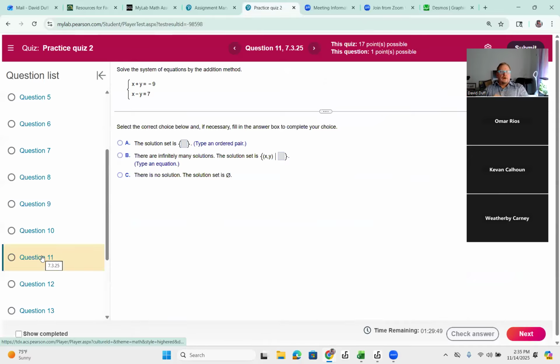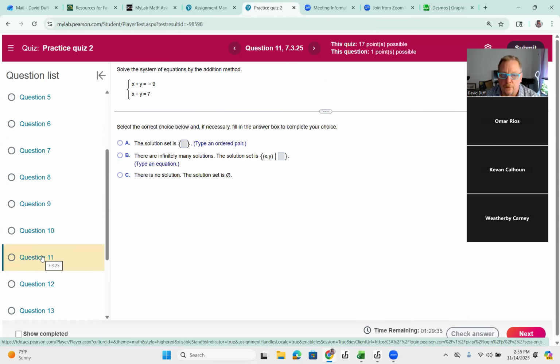Here's where I want to start, with problem number 11. In problem number 11, we're asked to solve a system of equations. So what does solving a system of equations mean? It means we're going to graph these two lines and see where they intersect. I'm going to write this down: x plus y is equal to -9, and x minus y is equal to 7. So we have two equations. Now, let me ask you, can you see my